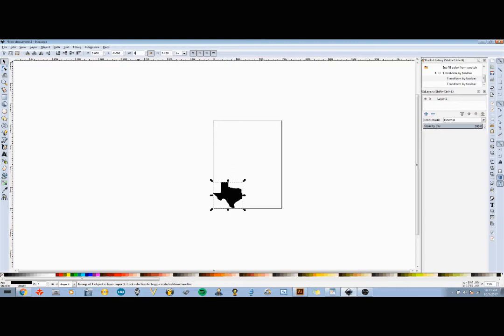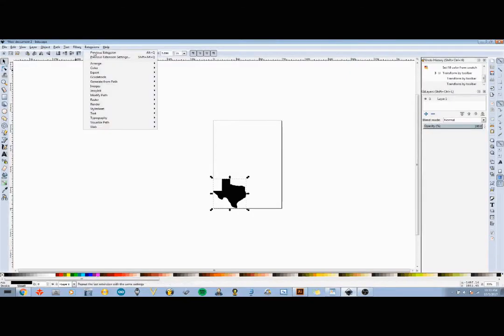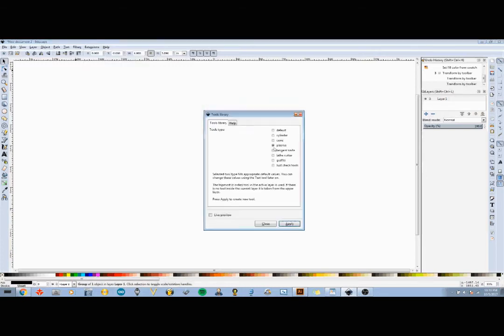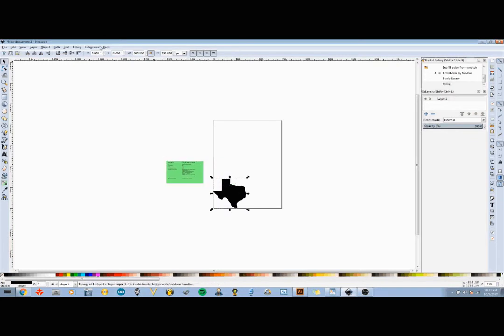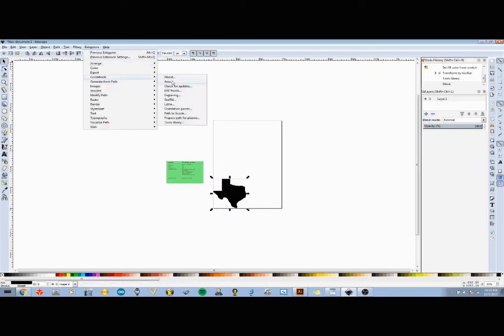Next, under Extensions, go to G-code Tools and select Tools Library. In the Tools Library, select Plasma and click Apply. A green window will appear. This can just be moved aside. Back under G-code Tools, select Prepare Path for Plasma